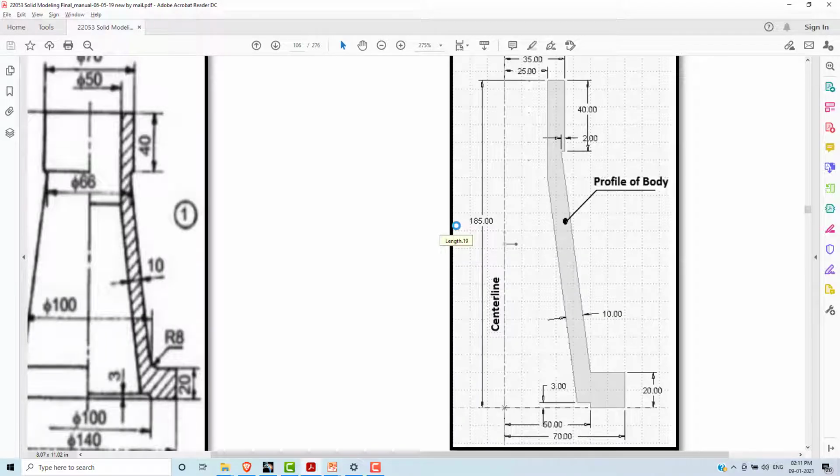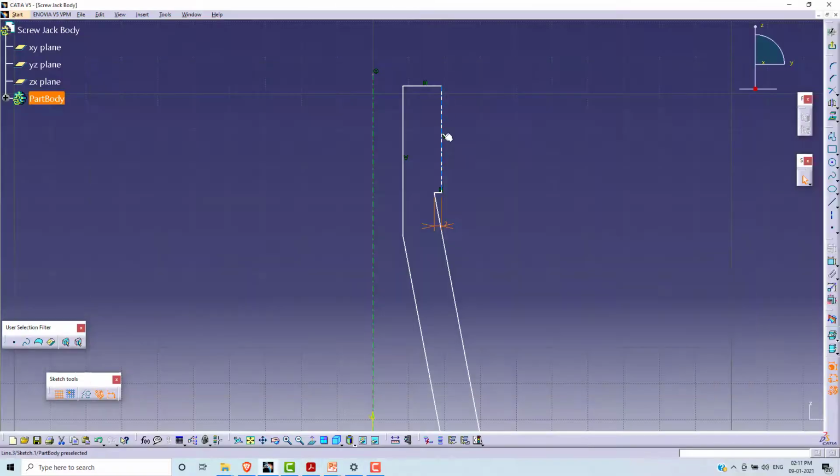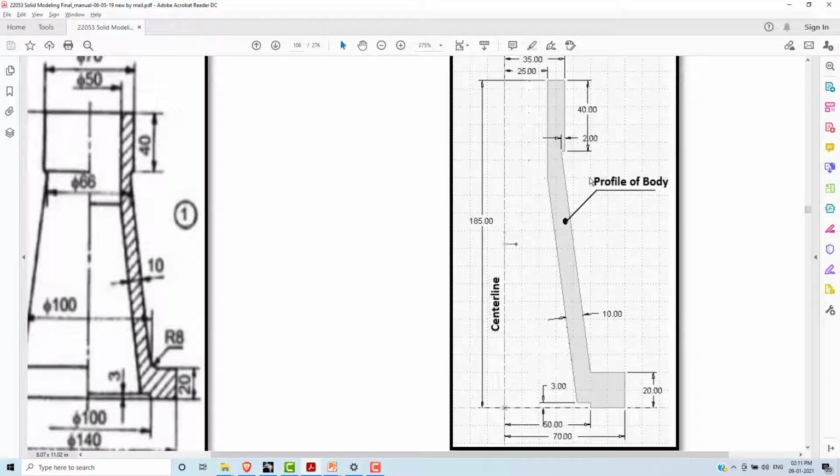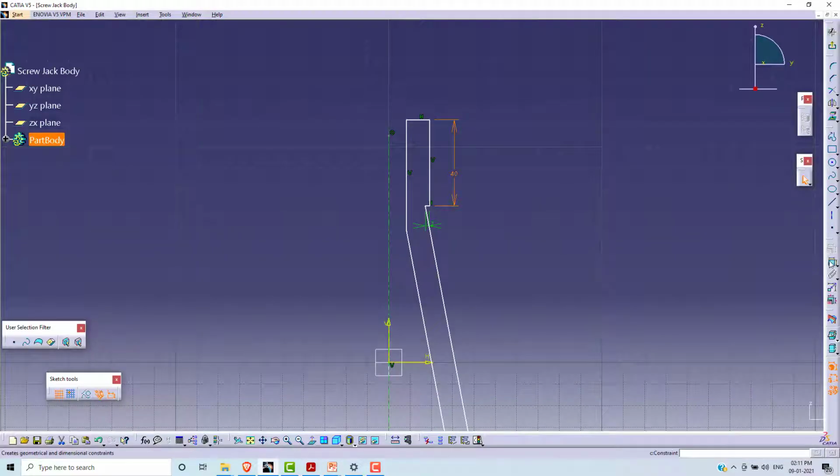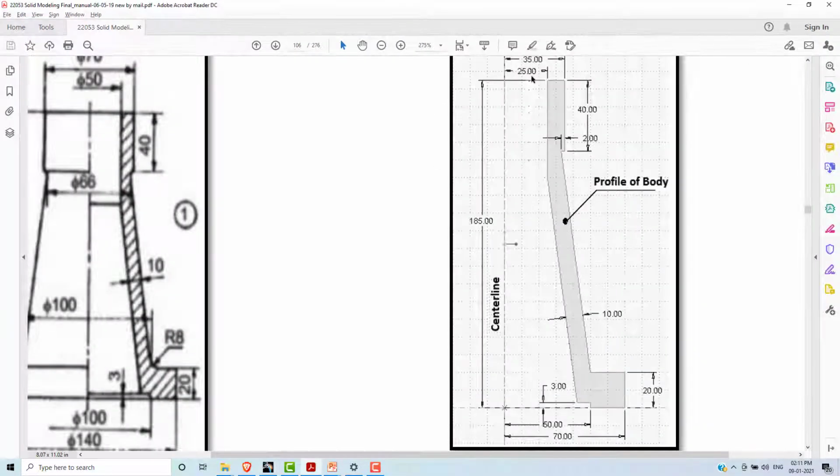Okay. Then the total height is 40. This height is 40. Then this is 25, and 35.